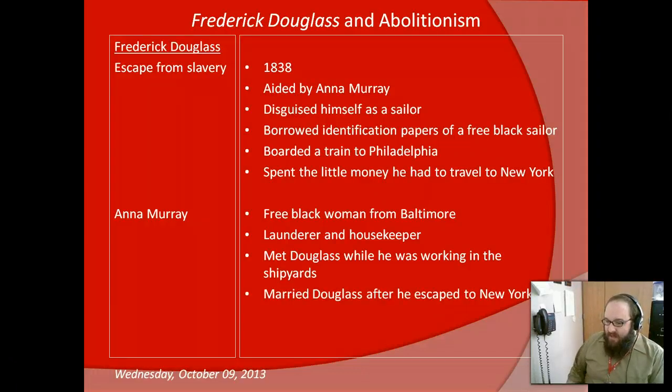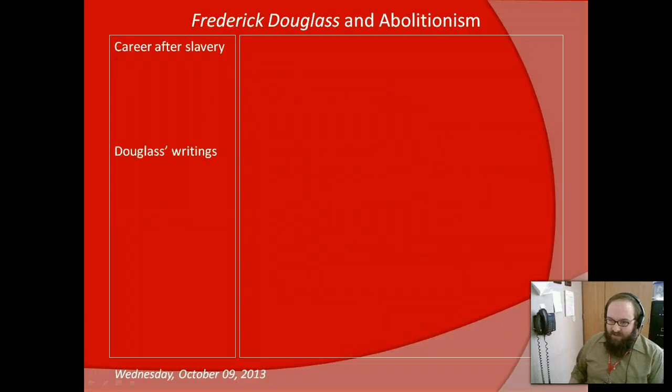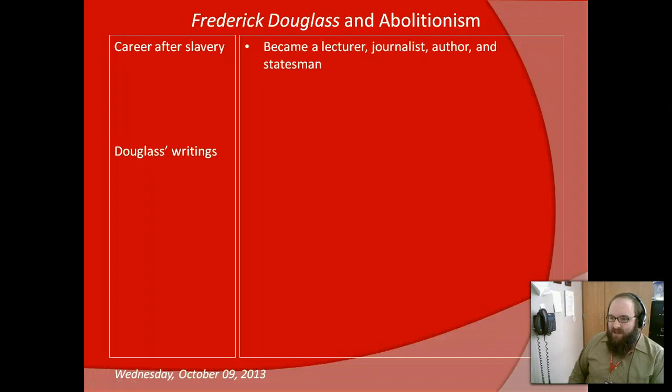helping build ships. Anna Murray, as we remember from the final chapter of the book, eventually married Frederick Douglass after he escaped to New York. He sent for her, and she joined him in New York, and they eventually settled in New Bedford, Massachusetts. Frederick Douglass, after his enslavement, eventually became a lecturer, a journalist, an author, and